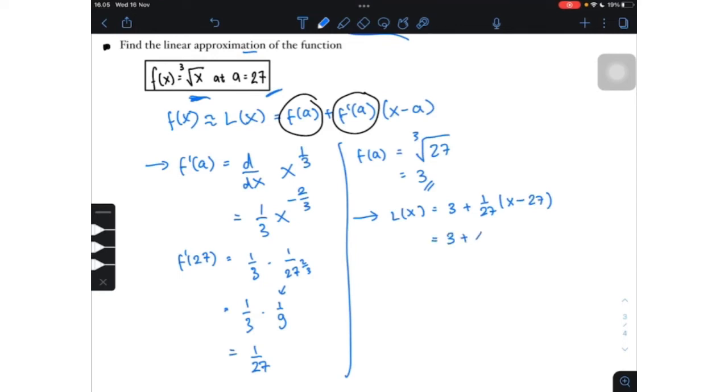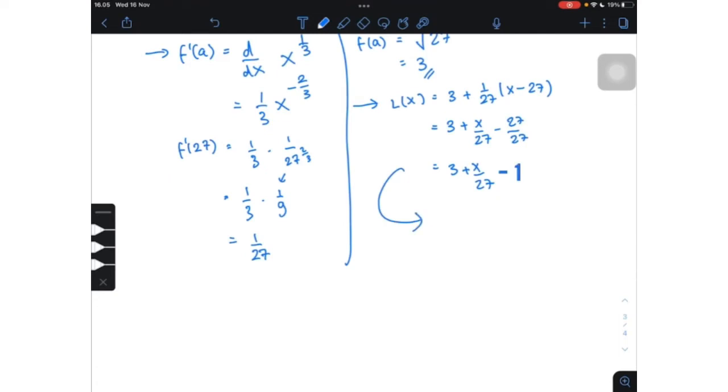So x over 27 minus 27 over 27, so 3 plus x over 27 minus 1. I want L of 9. L of 9 equals 3 plus 9 divided by 27, minus 1, which is 3 plus 1 over 3, or